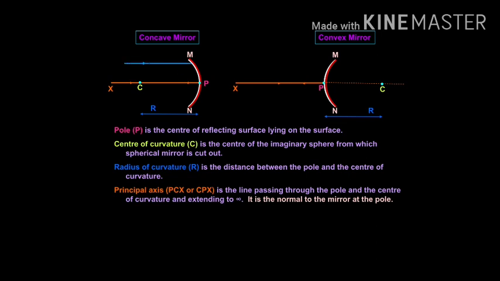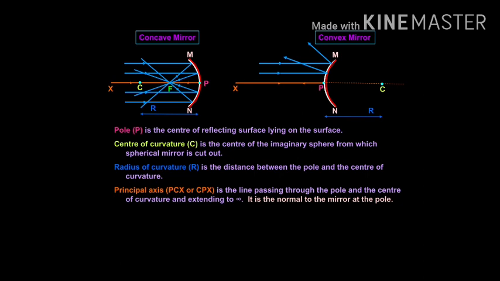Now just imagine that a ray is coming onto the mirror parallel to the principal axis. It will follow the law of reflection, and this is the reflected ray. If I draw more lines like this, another line and one more line, it is very clear that all the light rays parallel to the principal axis meet at a point on the principal axis, and this particular point is called the principal focus. The same can be done for the convex mirror too. The rays parallel to the principal axis will fall on the mirror and reflect back.